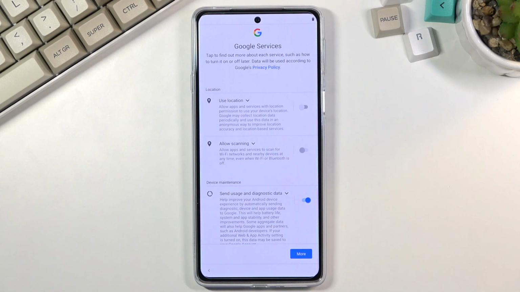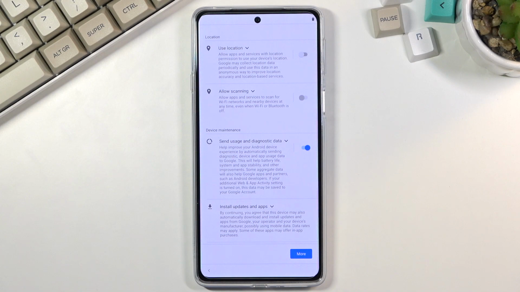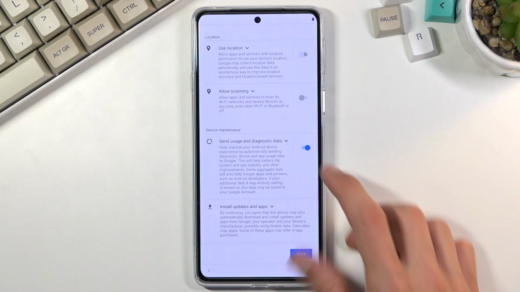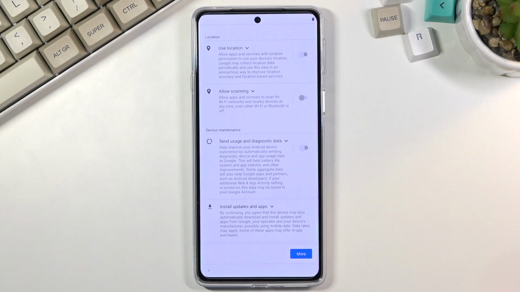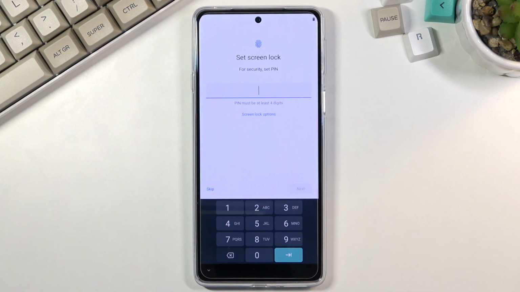so you will need to turn it on to actually use it as a navigation. Then we have allow scanning, which basically allows the device to scan for different signals like Wi-Fi, Bluetooth and so on. And below that we have send user and diagnostic data, which basically gathers data on how you use the device and then sends it to Google. Now I most certainly do not want that. To be honest, probably disabling this doesn't really change much. Your data is probably being gathered without your knowledge anyway, so go to the next page, which brings us